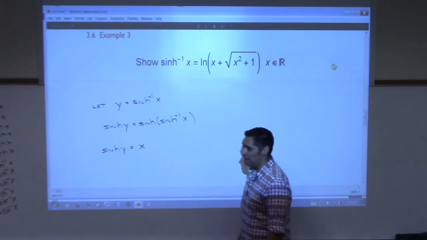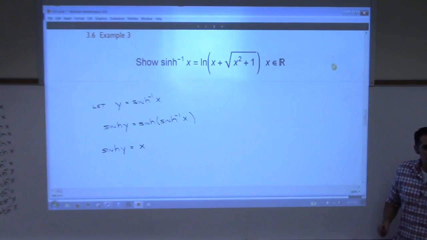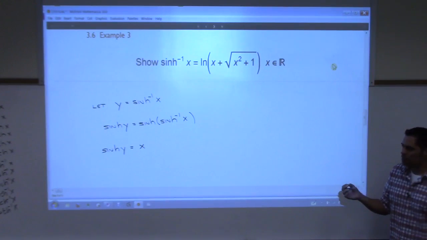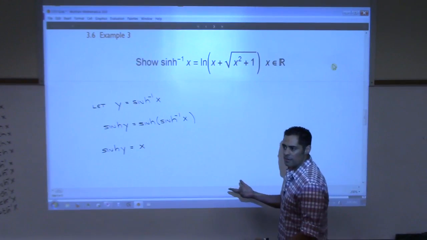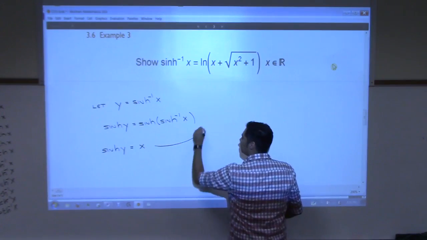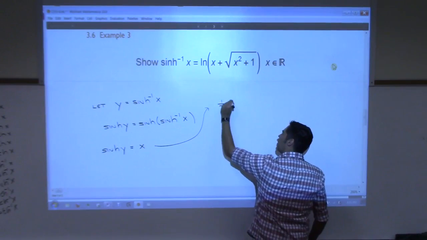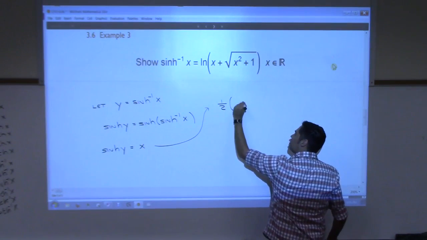So it doesn't look like we're getting anywhere. But I know something about y. I mean sine hyperbolic. I know its definition. The definition of sine hyperbolic involves e's. So let's rewrite this. The left side is 1/2, help me out, e to the